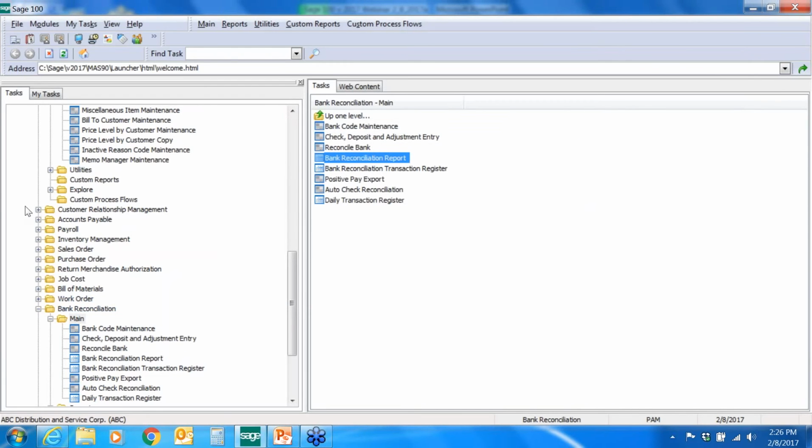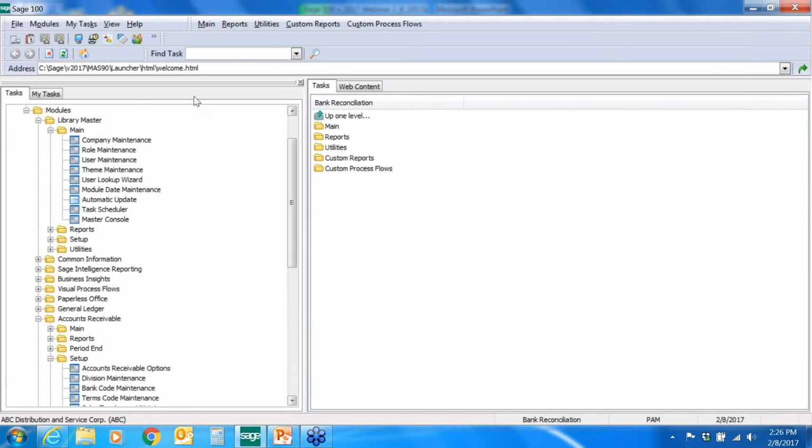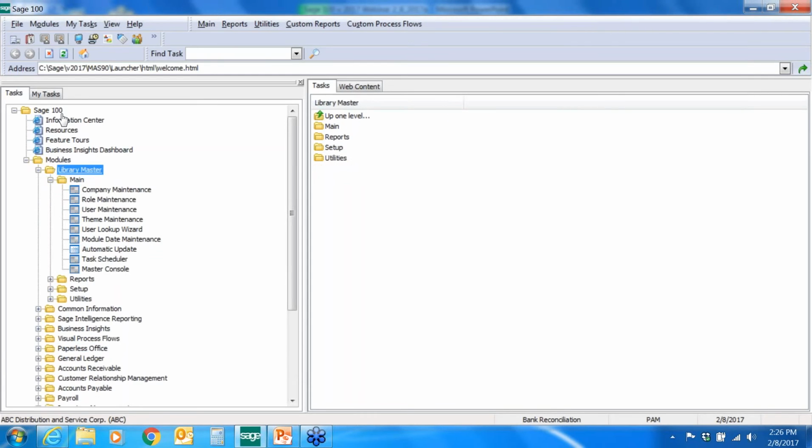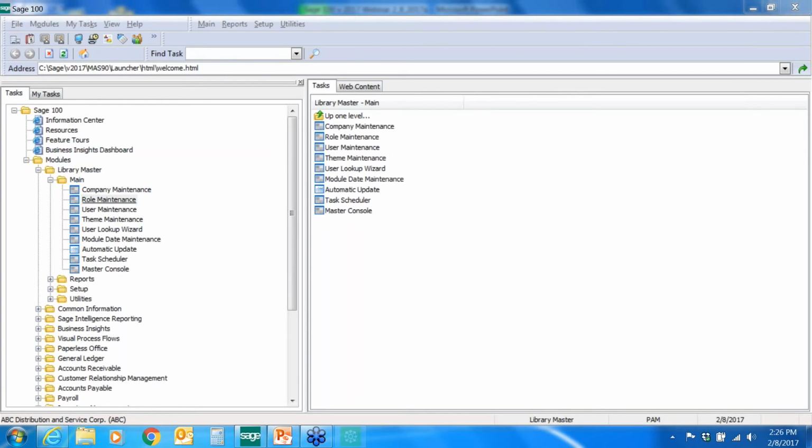So the next thing I want to show you, and this one I think we will all love, even the consultants here when we're doing new implementations or assisting with setting up new users or doing training on role maintenance. They have added a search to role maintenance. So let's say that